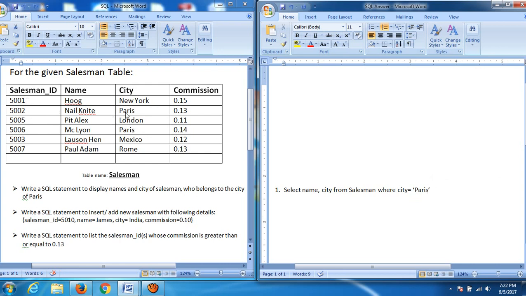Here we have two records where city is Paris. One is Nail Knight, and the second one is McLeon. So these two records will come as an output in SQL Server.